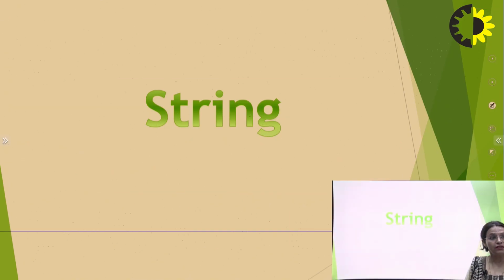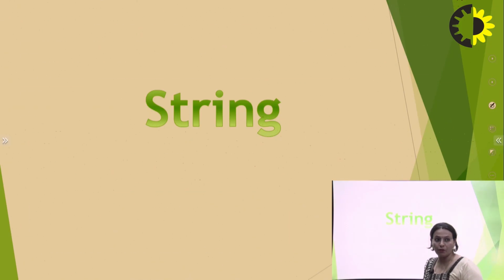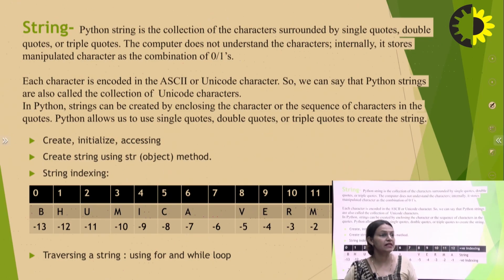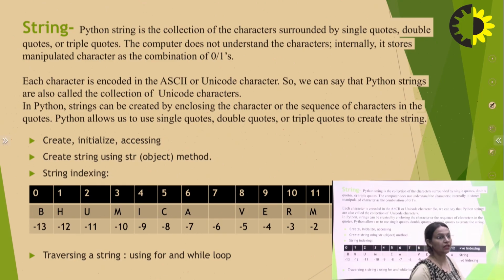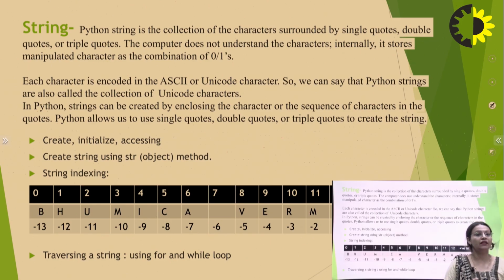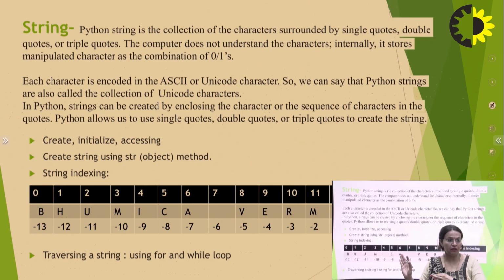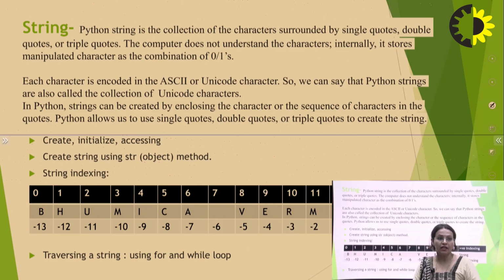Moving on further, I am now discussing the string data type. The string is basically a collection of characters. In layman terms, a string is considered to be a garland, a collection of similar things. It may be a collection of flowers, a collection of beads, or a collection of something else, but similar by nature. Similarly,